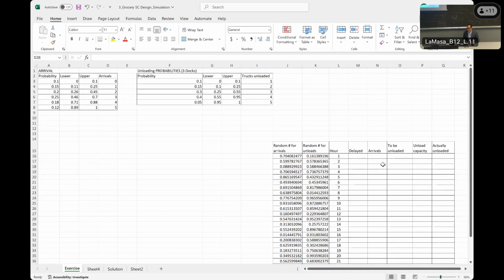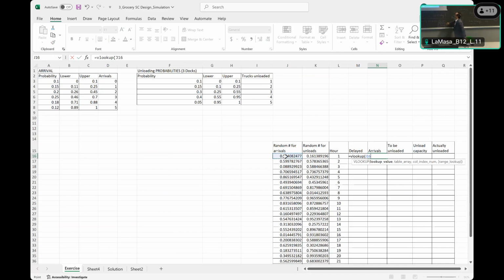Is it okay like this? Is it better? So VLOOKUP. This is the number of arrivals. I will tell Excel, so this is the lookup value. You should go to J16, read the value of J16, and then